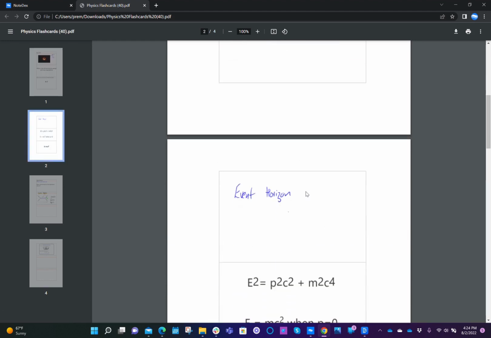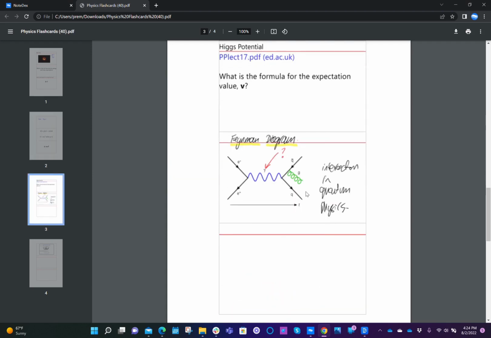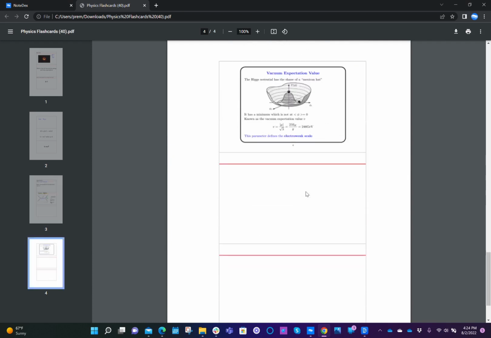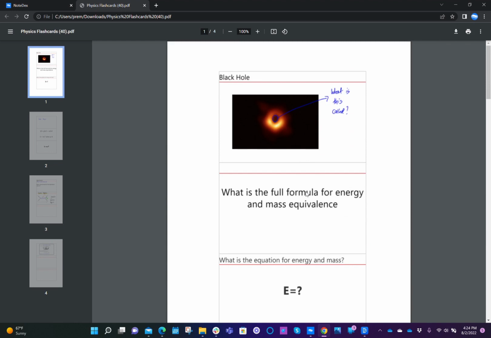Then the next page is the back of those first 3 cards. And then you'll have the front of the next 3 cards and the back of the next 3 cards. So this is very useful if you want to create your own flashcards. You can cut them out, if you've printed them out with a double-sided printer.